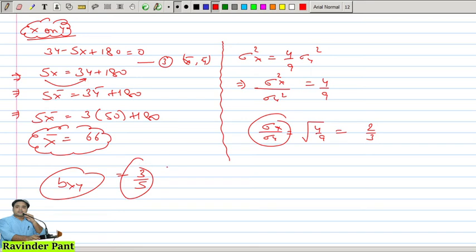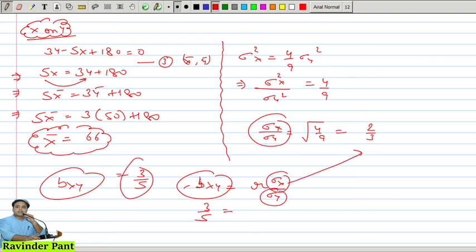Now what? Now we have the formula. We know that beta xy is equal to r standard deviation x upon standard deviation y. We have this value as 3 by 5. We have this value upon this as 2 by 3. So this will be r 2 by 3. And from here you can calculate the value of r as this will go here, and downside it will become your 9 by 10, which is 0.9. Done.